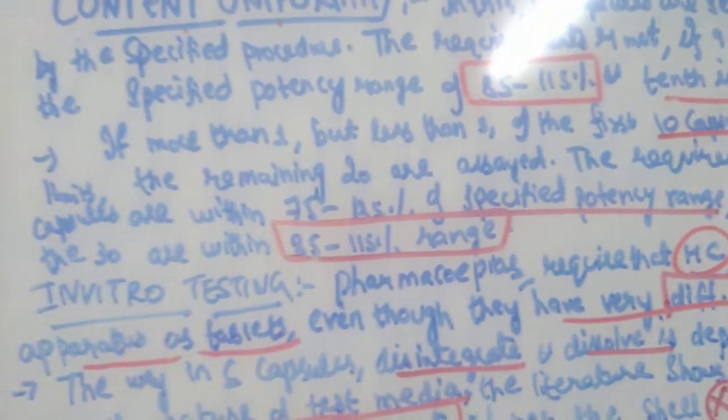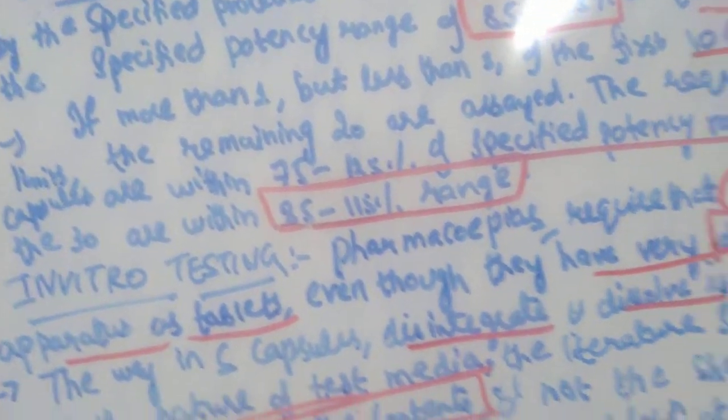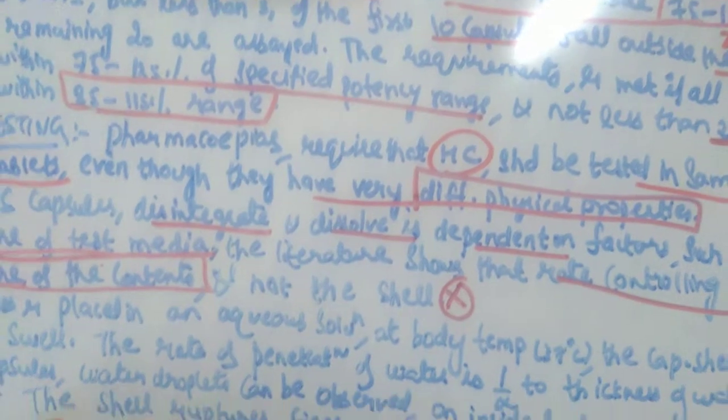I want to add some more to this, so you can write a method which is specified in the British Pharmacopoeia. Note down, according to BP, the test of disintegration for hard gelatin and soft capsules. This is not given in your textbook, so for your understanding, I am telling you that according to BP, the disintegration test for hard gelatin capsules and soft gelatin capsules is the same, and it has the following steps.